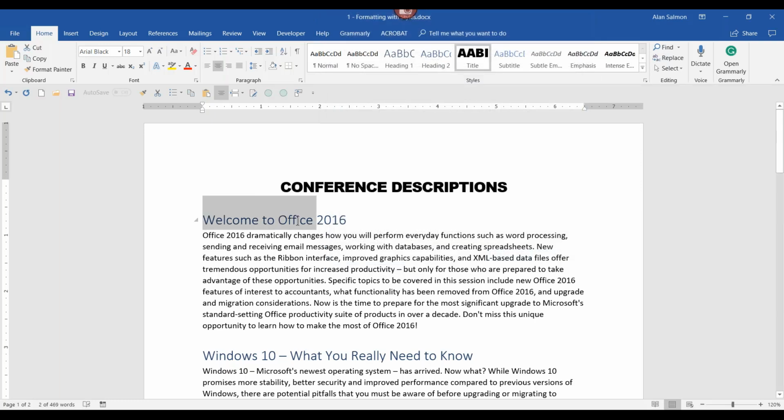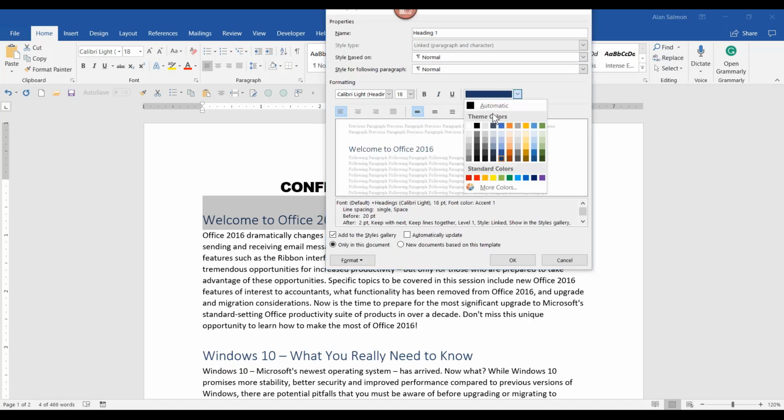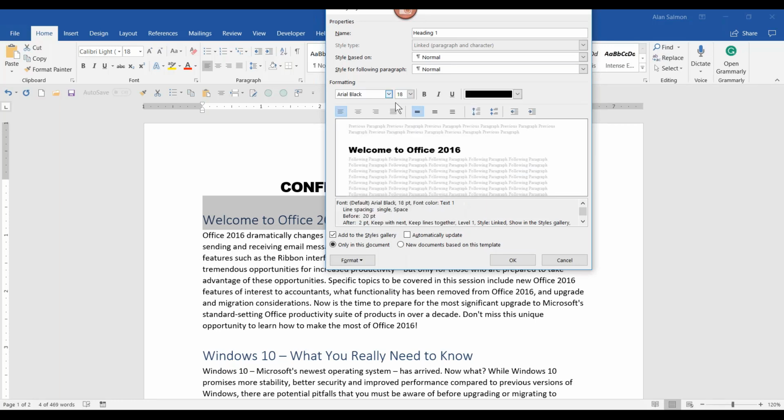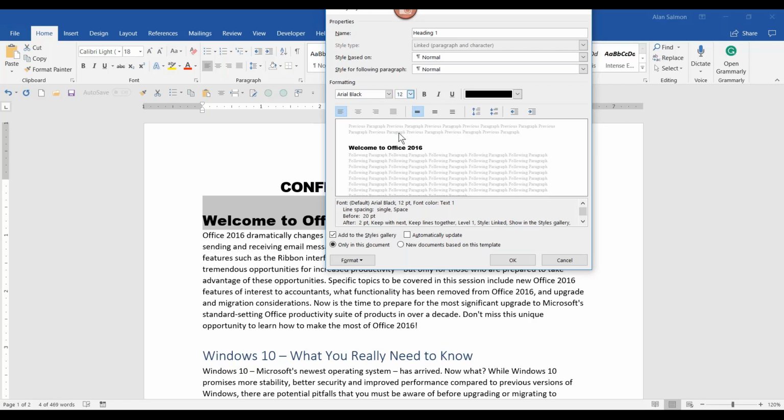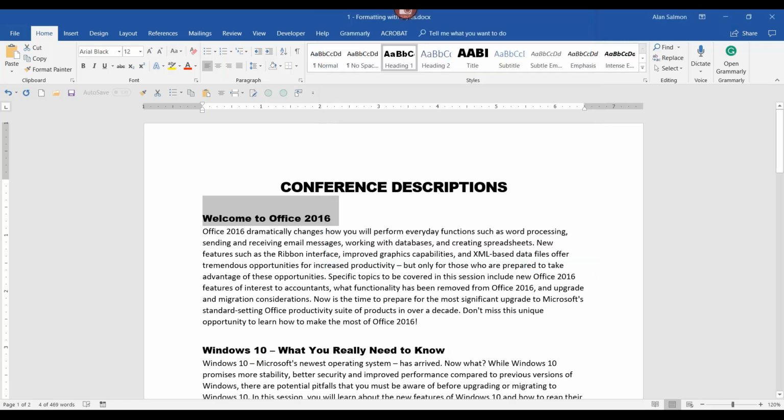And I'm going to change my Heading 1. So again, I go up here, right mouse click, and go to Modify, black, Arial Black, and this time it needs to come down to about 12. And there we go. Now I want you to pay attention to the header down below when I click on OK. Did you notice it changed? As did